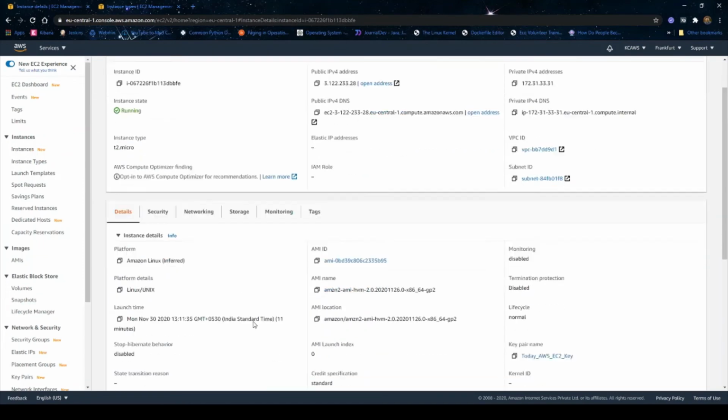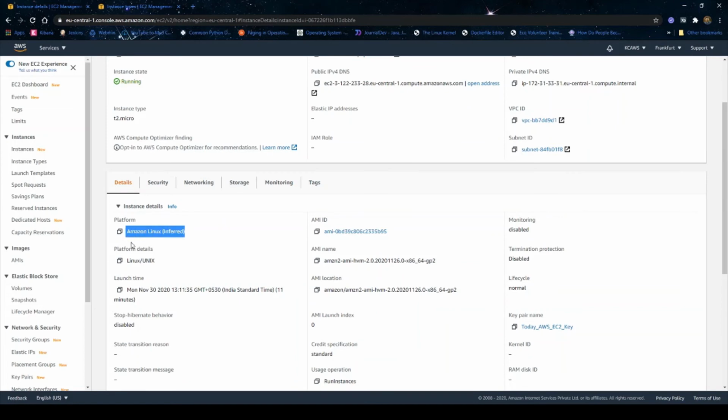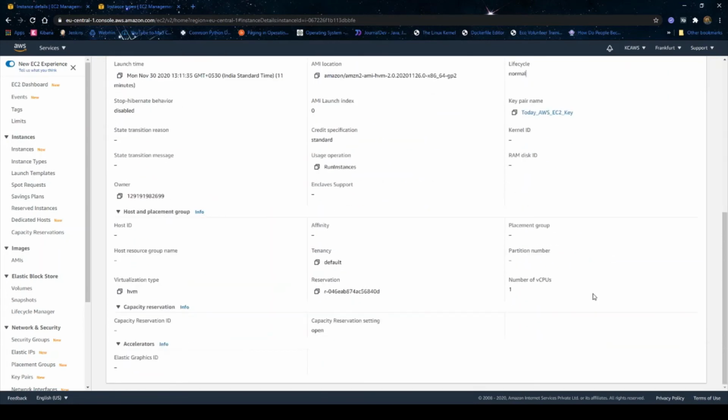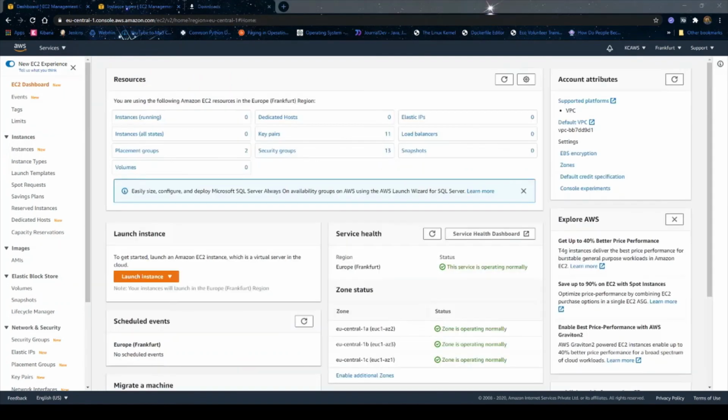What information can we understand? This is the public IP address, this is the public IPv4 DNS name, and this is the private IP detail. The reason we need a private IP is that if you want to communicate between two instances without going through the outside world, then we can use this IP address. And here is the OS related information. It is running a Linux variant, when it got created, what kind of AMI it is using, and which key pair is associated with it. So with this, let's try to connect to the instance.